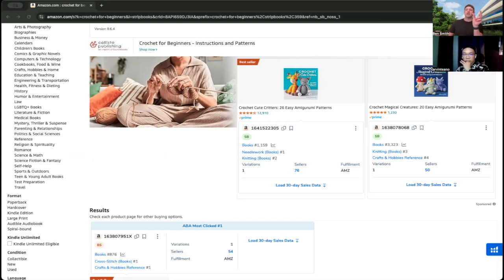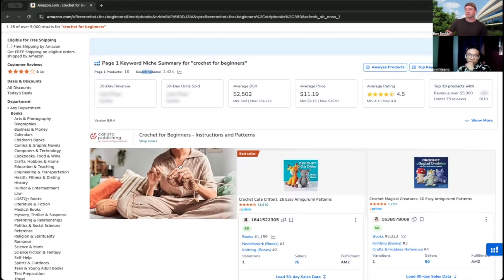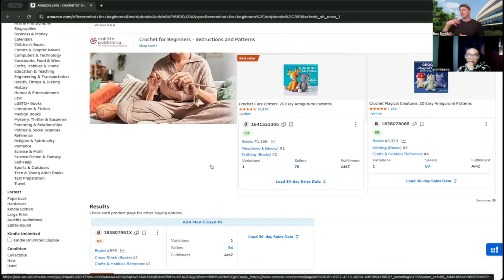Number two is the number of results within the books category for that main keyword. So number one, we're doing intentionally at the beginning because we're trying to validate, is this keyword actually the valid keyword for maybe the book idea that we have? What I'm saying is, we've started to validate that maybe this is actually going to be a good keyword. I'm going to come back to the search volume because that's my next criteria. But the first one is, I can see that this keyword is starting to be validated because we have quite a few people on page one, at least 5 to 10, that are using it as part of their title or part of their listing in some way.